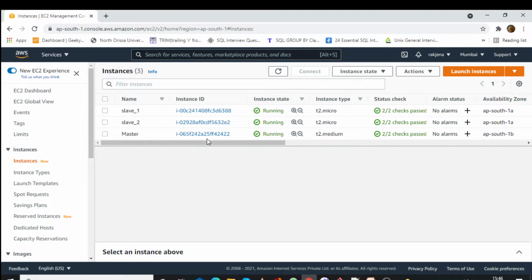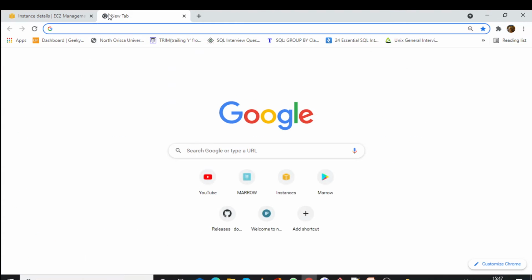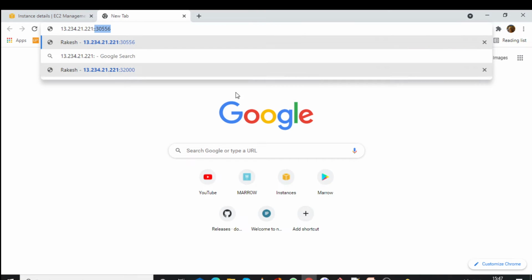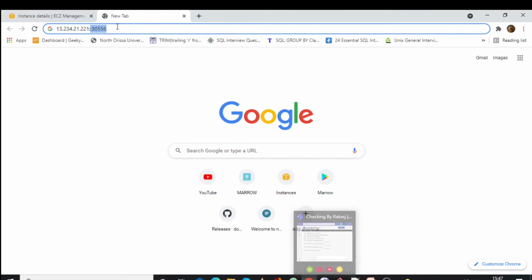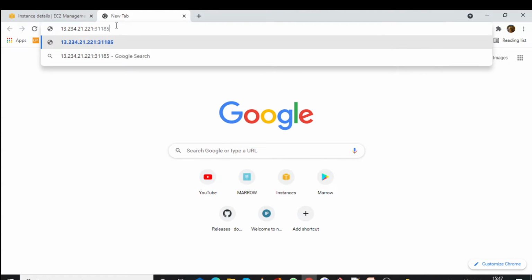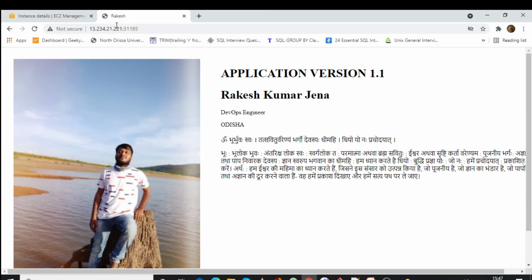Let me copy the public IP from here, then the port 31185. Yeah, you can see now the web page is getting up.